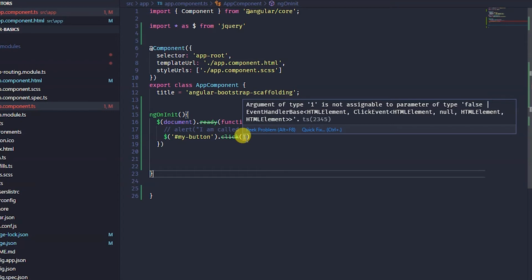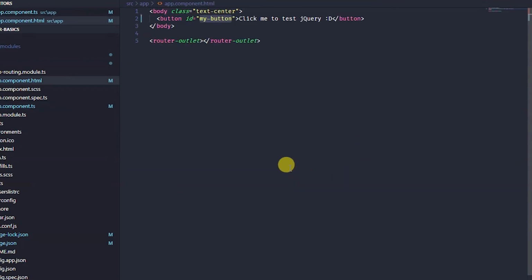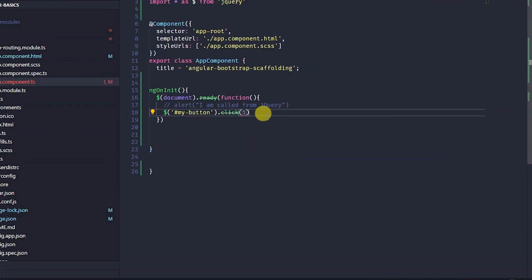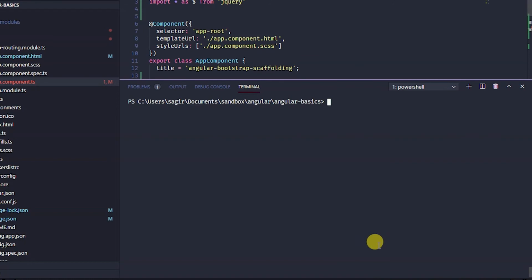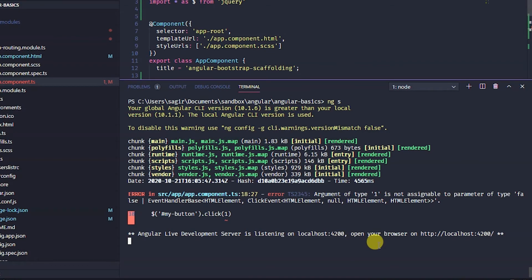After that, as we can see, there are some deprecated functions as well. It will show whether a function is deprecated or not. It will show some validations for compilation errors. For example, here, passing a digit or integer into the click function is not supported. If I try to run it, it will block me from compiling the code.